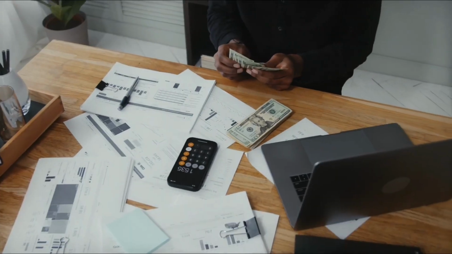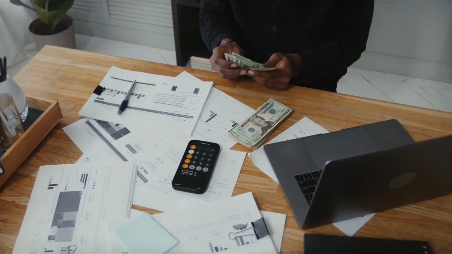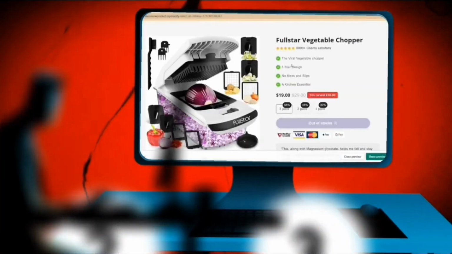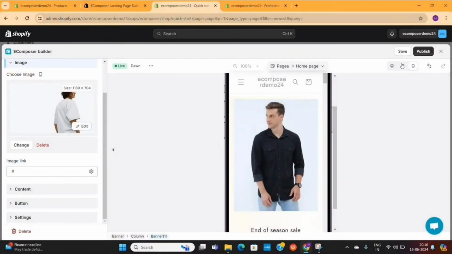And if you don't have the money to get a paid plan of EComposer, then I recommend that you only design the homepage with it. For the product page, I have already created a complete tutorial on how you can create a high-converting Shopify product page